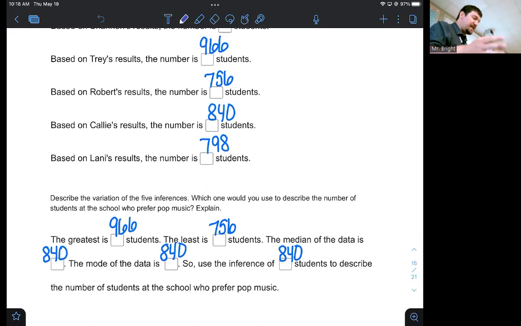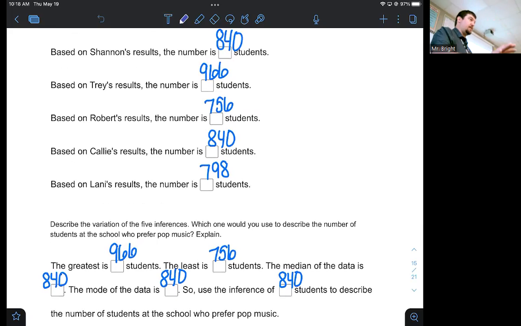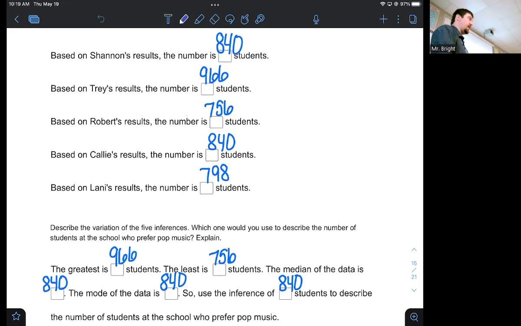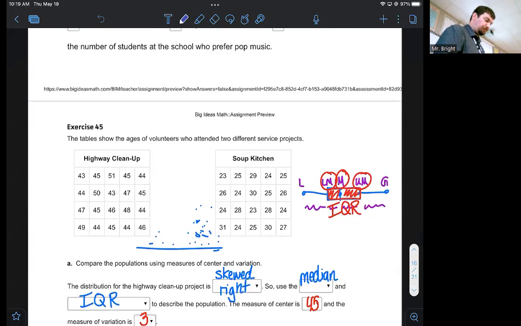Now, it says the median of the data is 840. By the way, if you line those numbers up from least to greatest, 840 will be right in the middle. That's what the median is. The mode, there was one number in there that repeated twice, also 840. And so they say that 840 is the number we should use because it's between the largest and the smallest surveyed predictions that we got. And it was also the median and the mode. So of course, 840 makes a lot of sense for this data. Okay, did everybody get all those boxes filled in? Yeah. Okay. All right, number 45 is also one that we're going to skip.